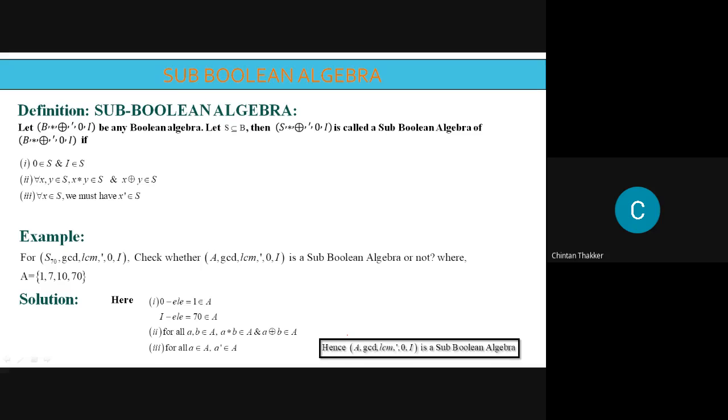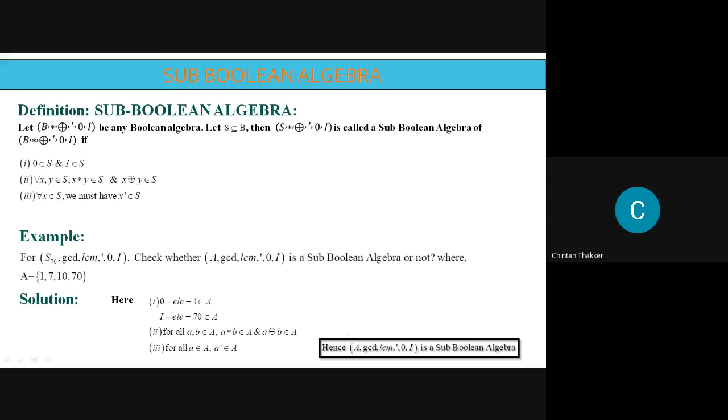Then the set is closed for GLB and LUB. That means for any two elements of S, X star Y belongs to S, X ring sum Y belongs to S. And the complement of each element of that subset exists and belongs to that set,